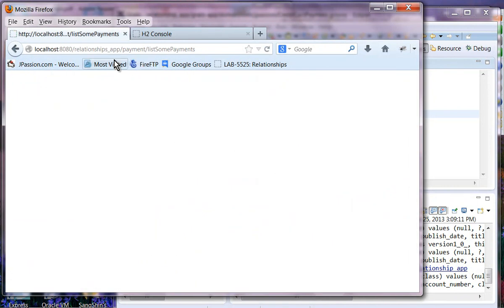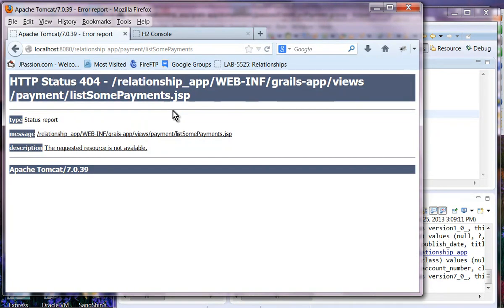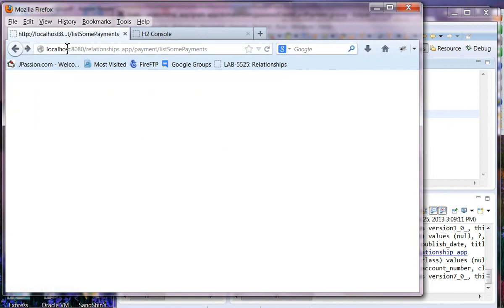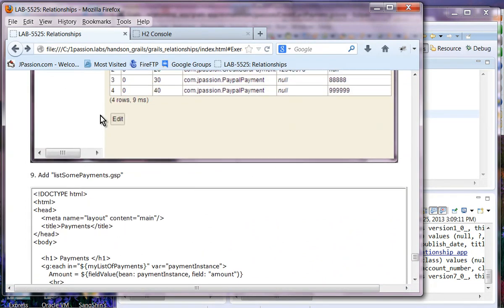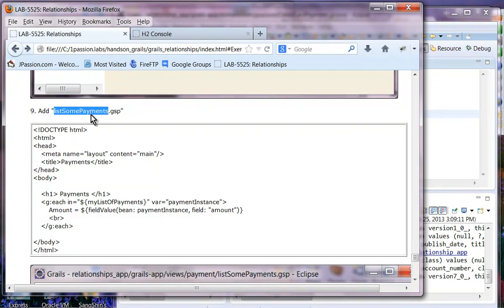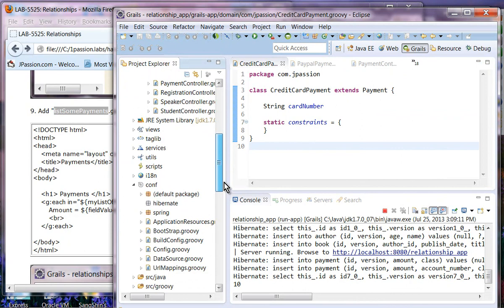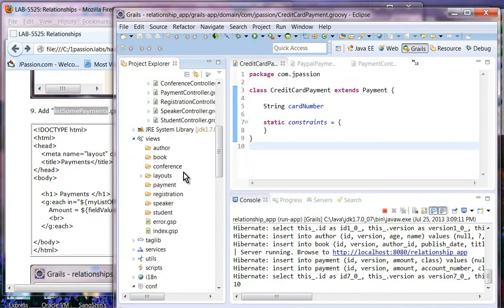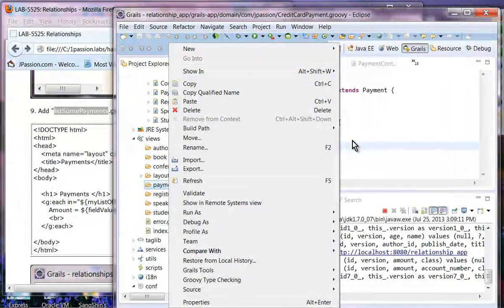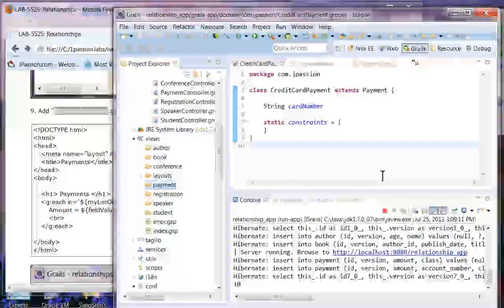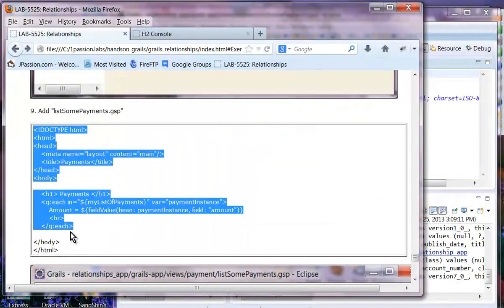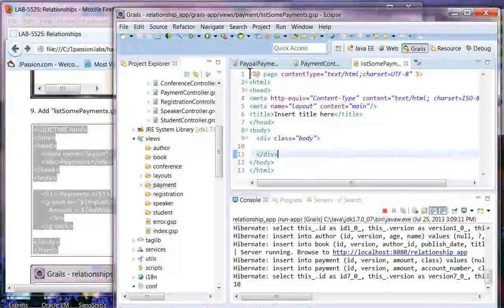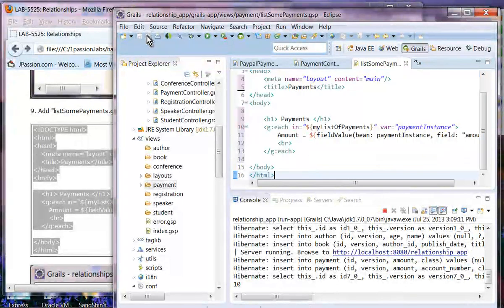I'm gonna just do this. Oh, we didn't create this GSP file. So we have to create this list some payments GSP file, in the view, payment, and GSP file. The name of it is this, finish, and then we're gonna just copy this, and here it will just display each payment like this. Save. Then if I go back,